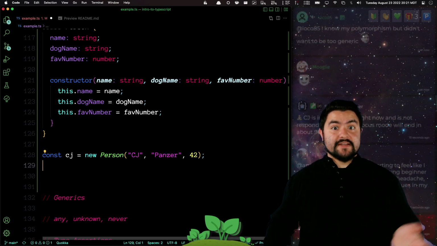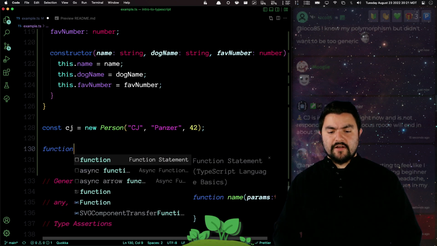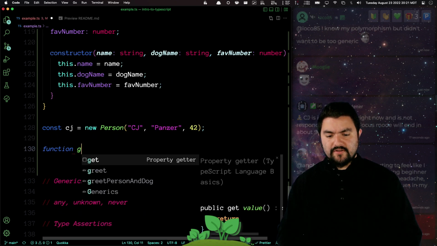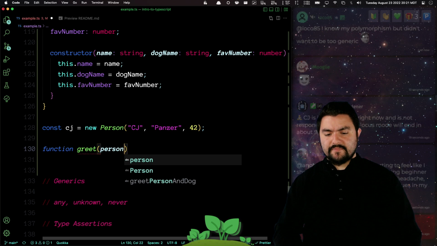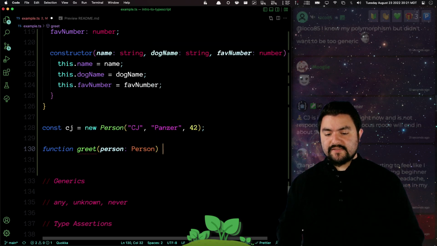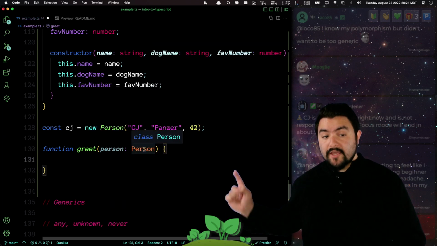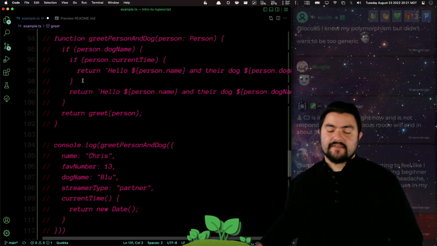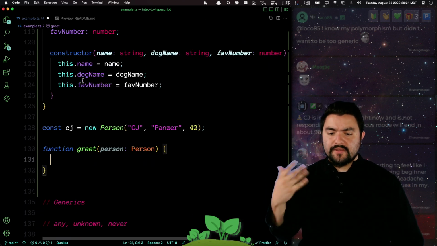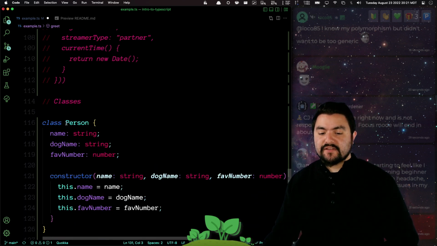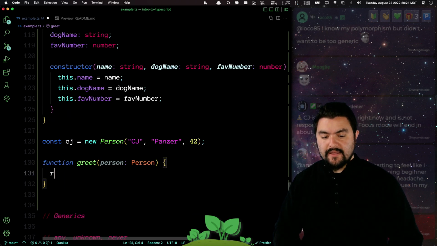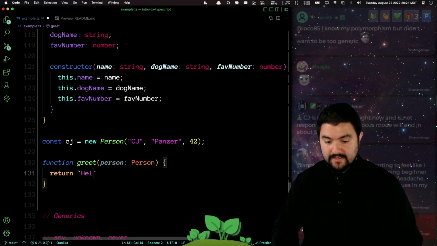Cool, yeah, so now we have an instance of CJ. We can do various things with it. I'll make another basic function called greet that takes in a person. And in this case, I can just define it as type person. And in this case, person refers to the class that I've defined. So I've commented out the code we wrote earlier for the interface. Now this specifically corresponds to the class that I defined. And this can do something like hello